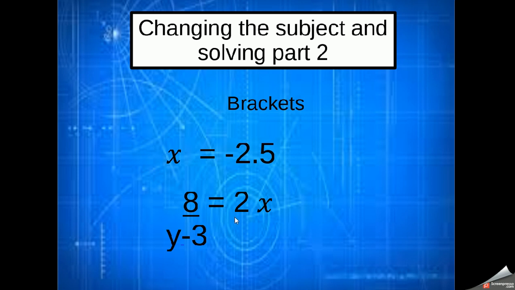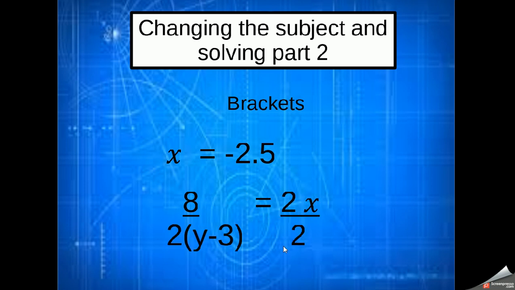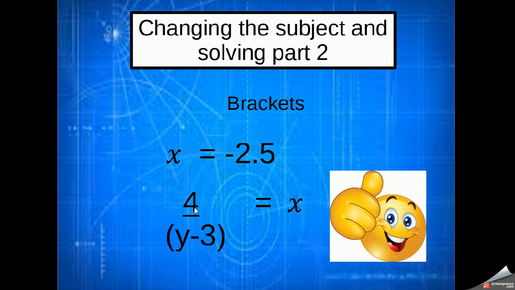So next we need to get rid of the 2. So I'm going to divide the right side by 2. Now the equivalent of dividing the right side by 2 is multiplying the bottom, underneath the 8, by 2. So if I multiply the y minus 3 here by 2, I'm essentially dividing this 8 by 2. So I needed to divide both sides by 2. Under here, it's going to cancel off the 2 on the right side to leave us with x. On this side, I multiply everything underneath by 2, y minus 3 by 2, and that will give me